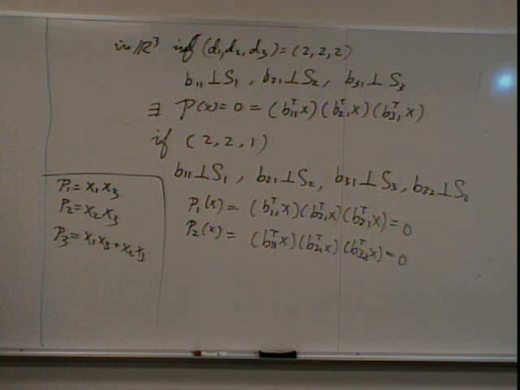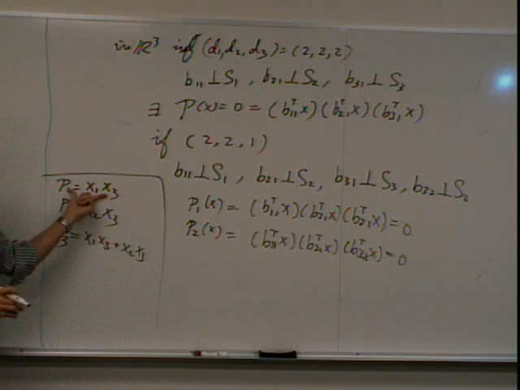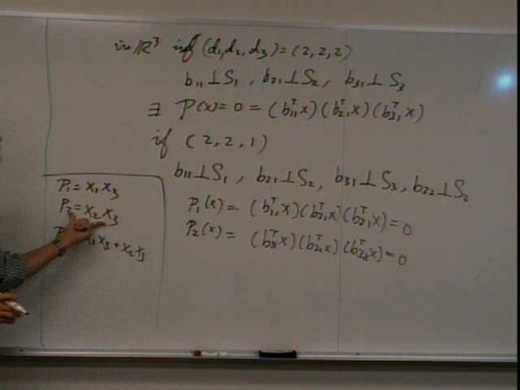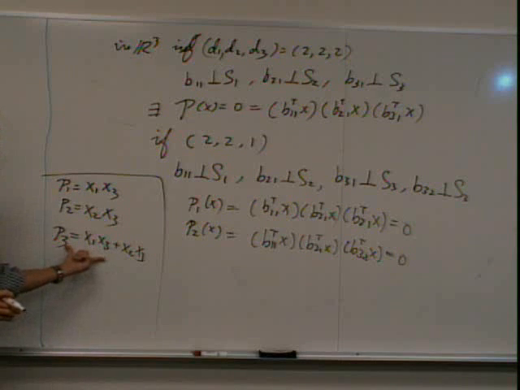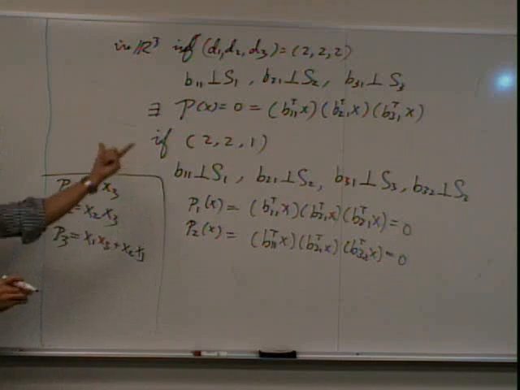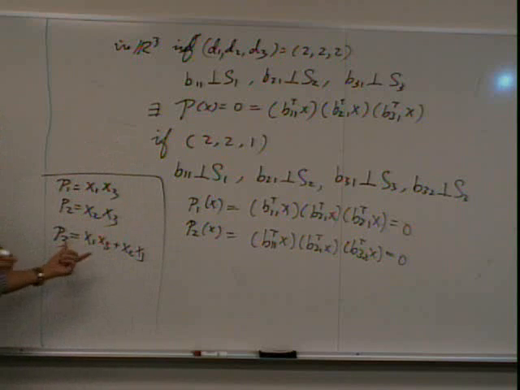Now, if this one vanishes on the union of the subspaces, and this one also vanishes, how about this one? This one also vanishes, right? So by doing that, you can find this one. It is possible that you can find this one. However, because this one is a linear combination of P1 and P2,